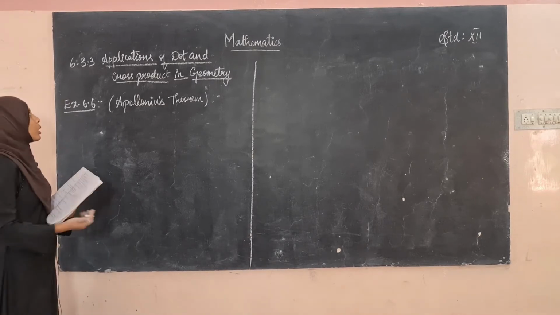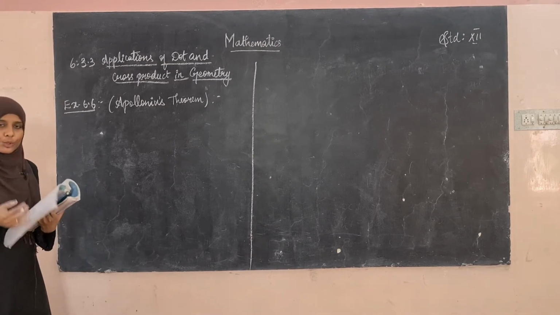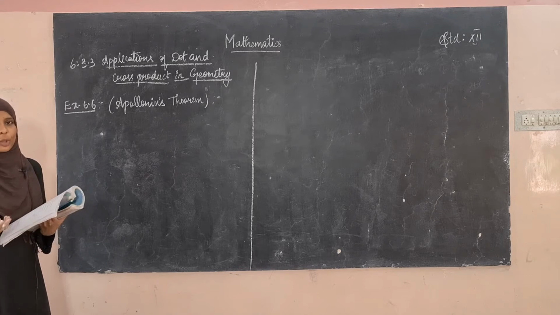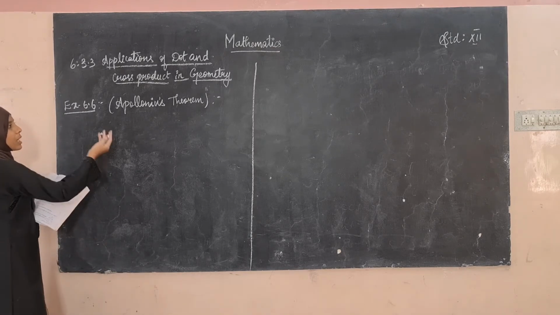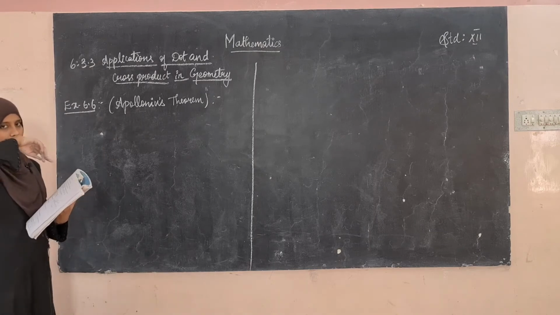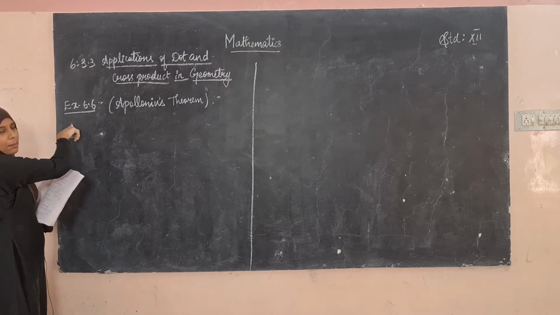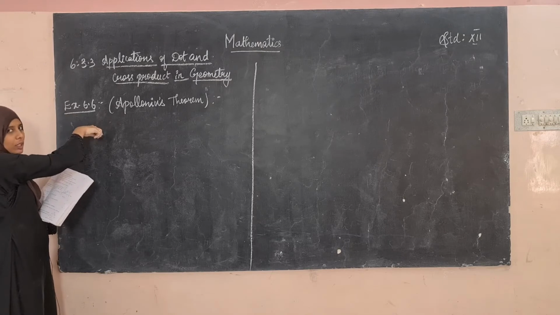So in today's class we are going to see 6.3.3, that is applications of dot and cross product in geometry, how we are going to apply. So let us enter into the examples directly. So the first example is the Apollonius theorem. They have given it as an example, but you have to learn it as a theorem, you have to learn the statement